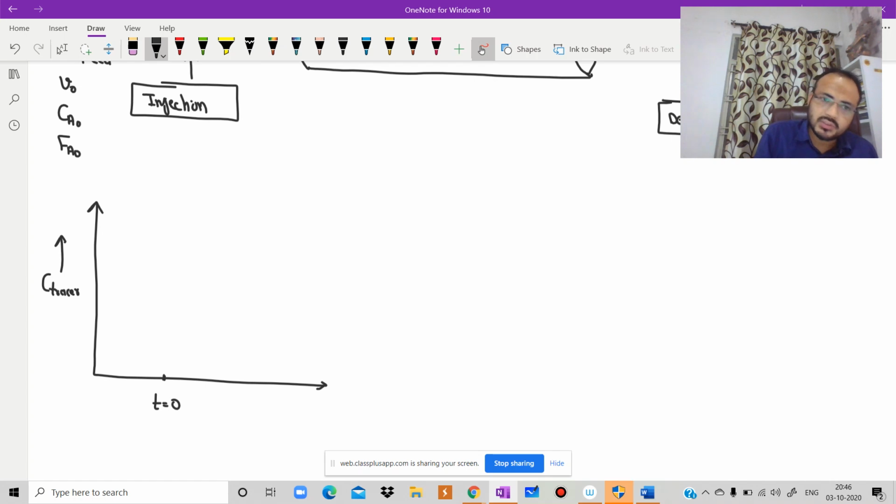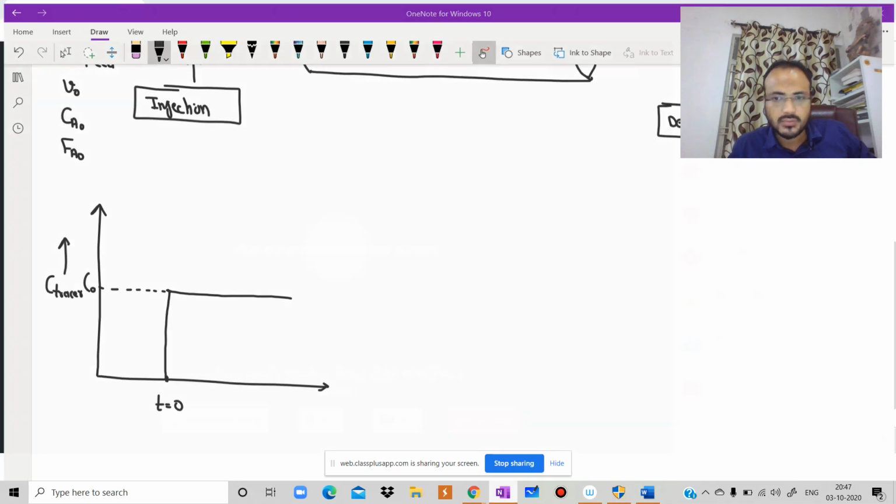Before time t, the concentration is 0. And after that we need to maintain a level with constant composition, that is C, and assume this is C0. Yes or no? So it is a step. If in exam it is mentioned unit step input, then you will get the value of C0 equal to 1. In that case, this will convert to the unit step input. Is it clear?